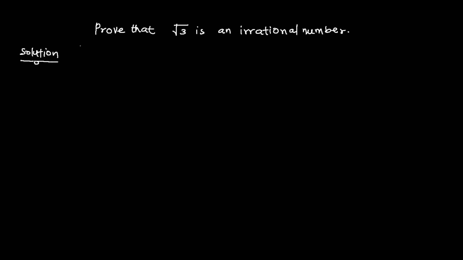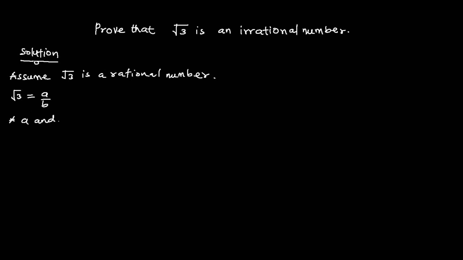Okay, so the first thing I'll do is assume that the square root of 3 is a rational number. So what this means is that you can write the square root of 3 as a fraction, a over b, where a and b are integers,